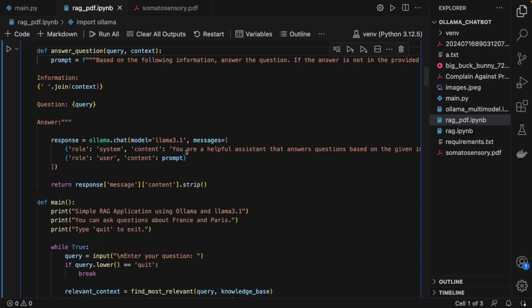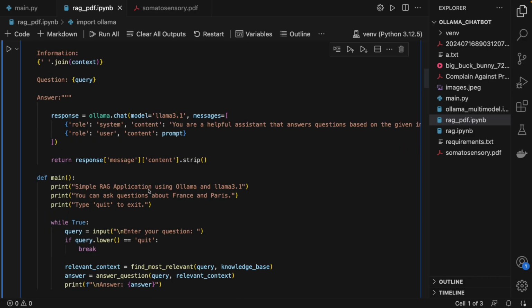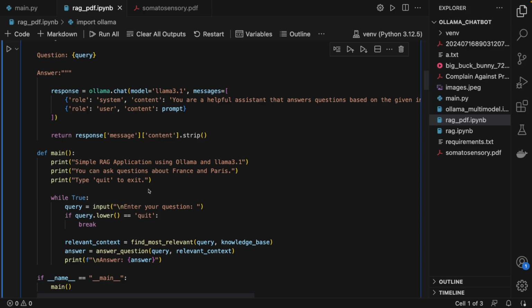The prompt is basically the relevant context that we get using cosine similarity, and also the query variable that the user has asked, and then the message that you get from Llama 3.1 is passed. This way, even if Llama 3.1 doesn't have any knowledge about the context of what the user is asking, you can present a customizable RAG bot. So let's try to run this and see it in action.